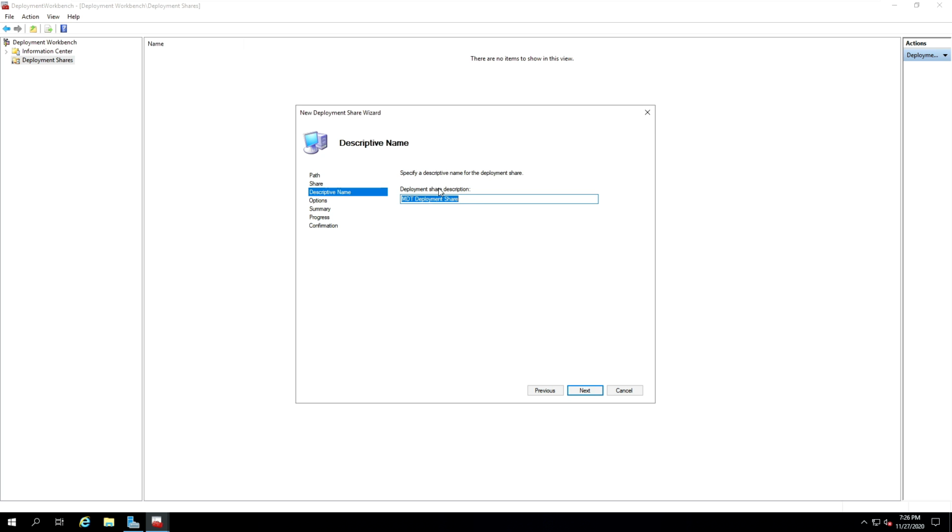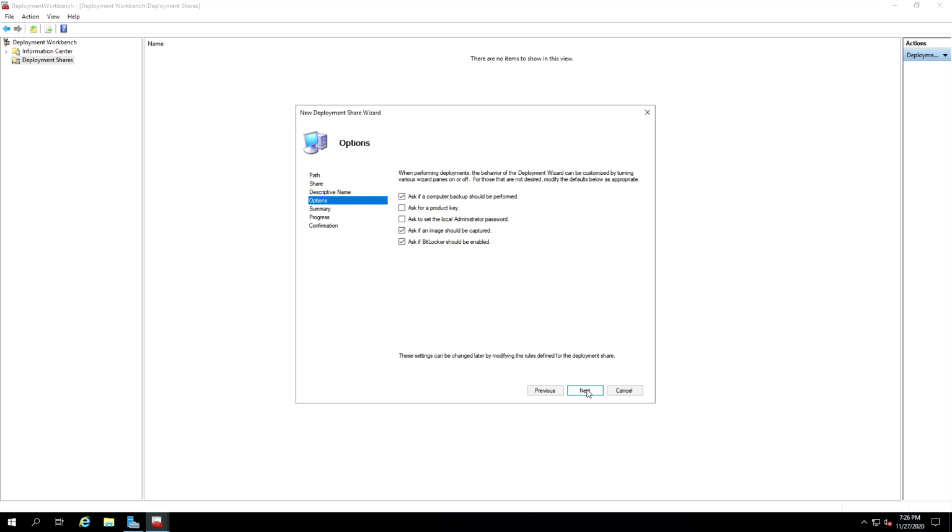And deployment share description, what do you want to give the name? I'll just give it like TechAkin deployment share. I'll rename that to TechAkin deployment share. Exactly. And I'm going to go on. This name will show up at the top, at the root of our deployment share. So we click next, and I'll leave this by default. All right, I'm going to go next,